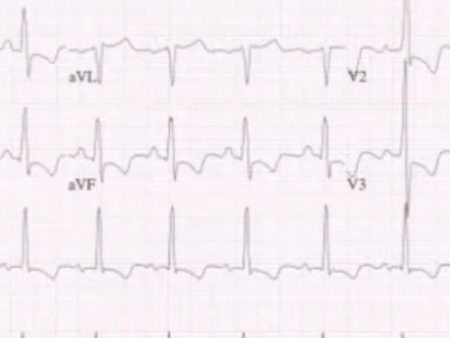In VSD, it is always single. In PDA, sometimes it can be normal split, and that depends upon how much is the left to right shunt or right to left shunt. Because very often it is a bidirectional shunt, and that will result in a normal splitting of the second heart sound. It is well described that in about half the cases it can be a single second heart sound, and in half the cases it can be normal splitting. Similarly, in a patient with ASD, 1/3 can have a single second sound, 1/3 can have a wide fixed split, and 1/3 can have a wide variable split. All the 3 are described.